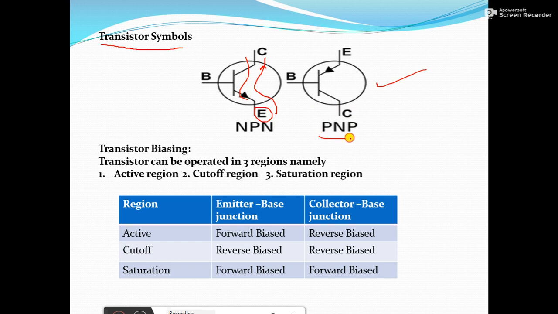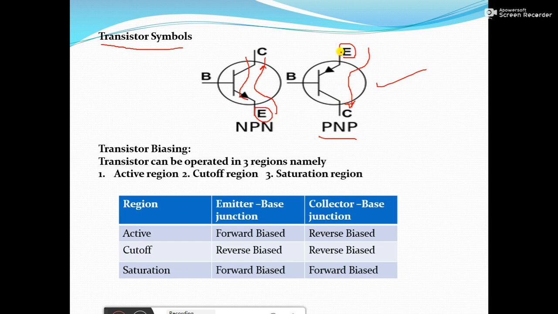In case of a PNP transistor, since the charge carriers are holes, you can see the current direction at the emitter is towards the base. Holes are emitted from the emitter and they are collected at the collector, and the conventional current direction will be the same as that of the hole flow. As the holes move from emitter to collector, current also will be treated in the same fashion.